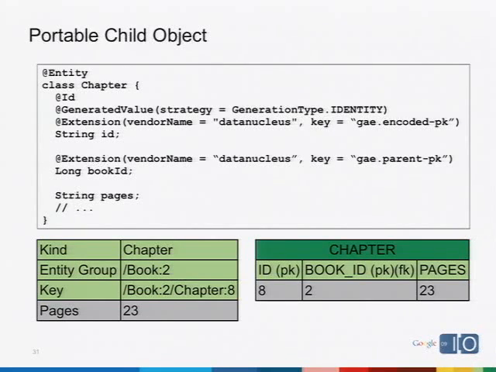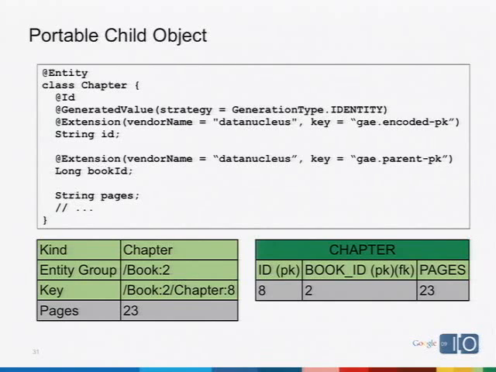The reason we need to do that is because this one field needs to uniquely identify a chapter, and a chapter is a child object. For child objects with App Engine, the parent primary key is part of the primary key of the child, so we need to embed additional information in there. We're declaring it as a string, and we're telling DataNucleus, I want additional stuff in here. But then we're also declaring this additional property, a parent key. This is similar to the thing that enables you to do ancestor queries. We've got this additional property that says, I want to expose the primary key of my parent.